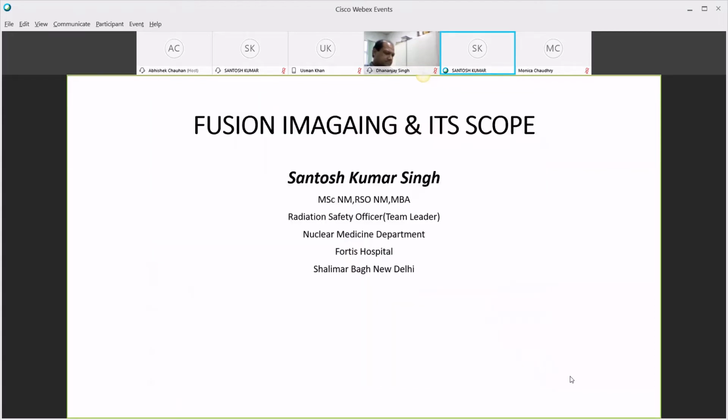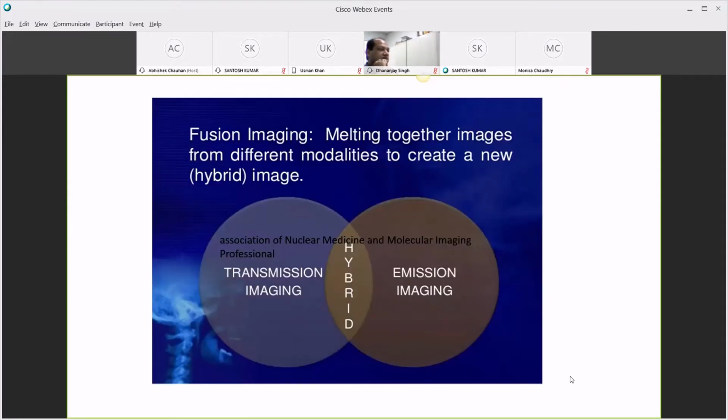Imaging and its scope. Normally we know that there are multi-modalities, like CT scan, MRI, the PET CT, and so basically we have to understand what is the difference between